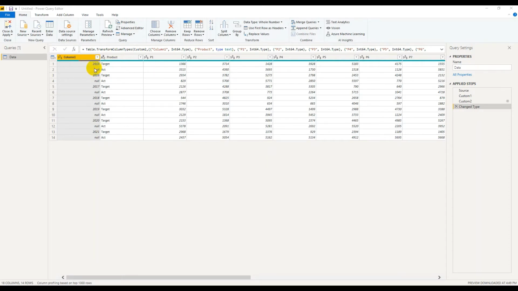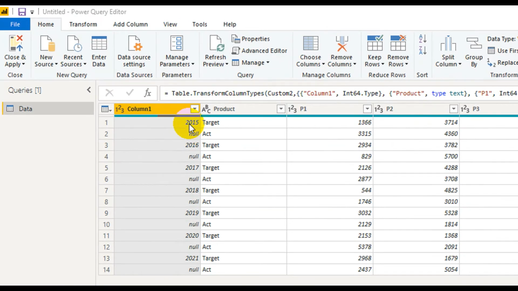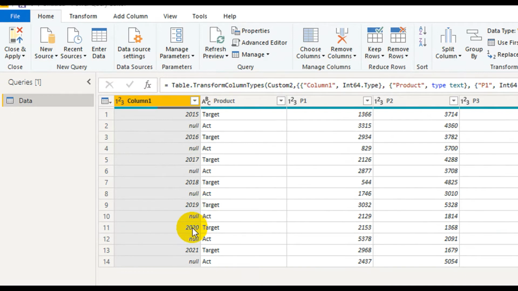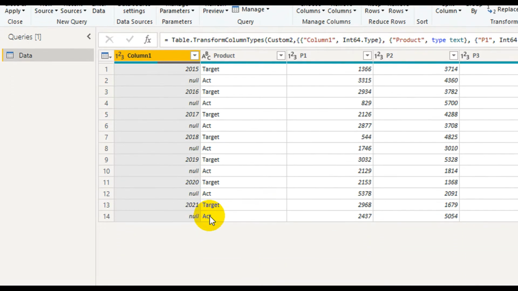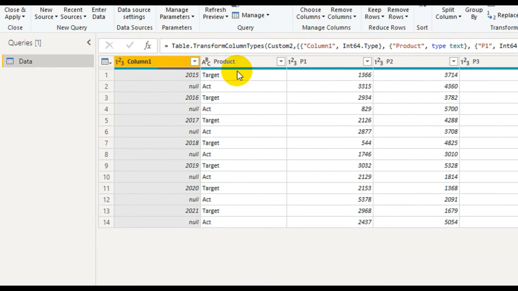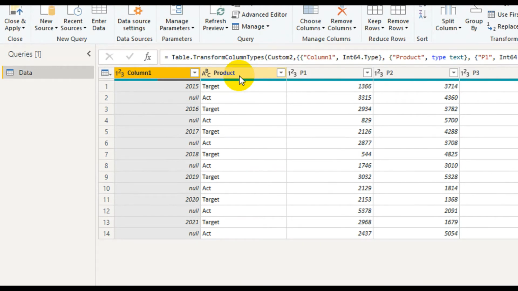For this first null, it has to be the year number 2015, because 2015 target and achievement, 2016 target and achievement, 2021 target and achievement. That is what I want. And if you look at the column Product, it's actually not product. It has to be Type, because it is containing target or achievement. Either target or achievement, or type, whatever name you want. I want to replace the names properly or rename the columns properly.